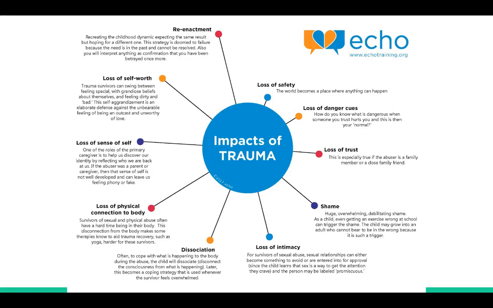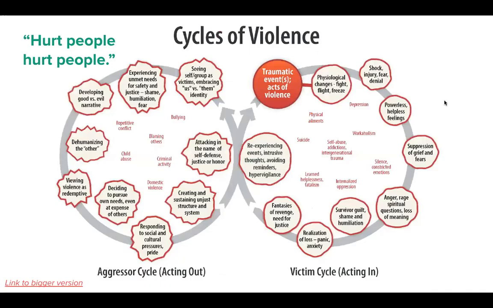And so if it's too small, I can read it to some of you. So just a sense of a loss of safety, a loss of danger cues, a loss of trust, and then loss of ability to be intimate or form new relationships, then shame or dissociation from self, either mentally, physically, or otherwise, loss of the sense of self-worth, right? So feeling very powerless, and then also getting stuck in reenactments, right? So that's where we have those triggers. And so overusing, it's a bit more difficult to talk about, but